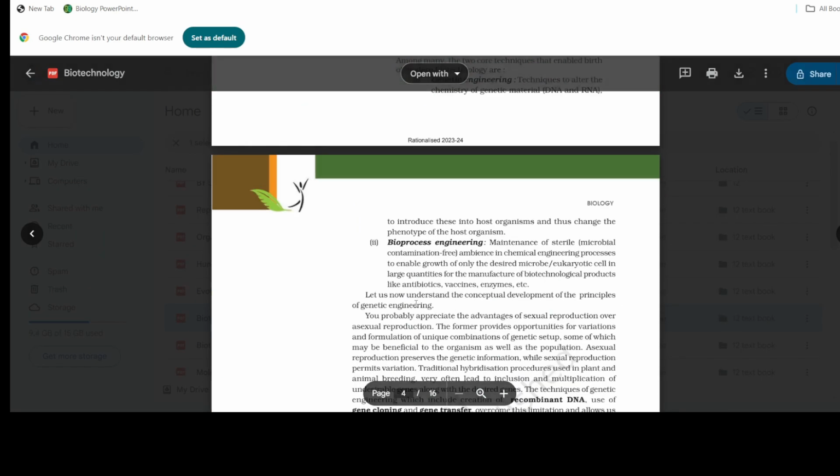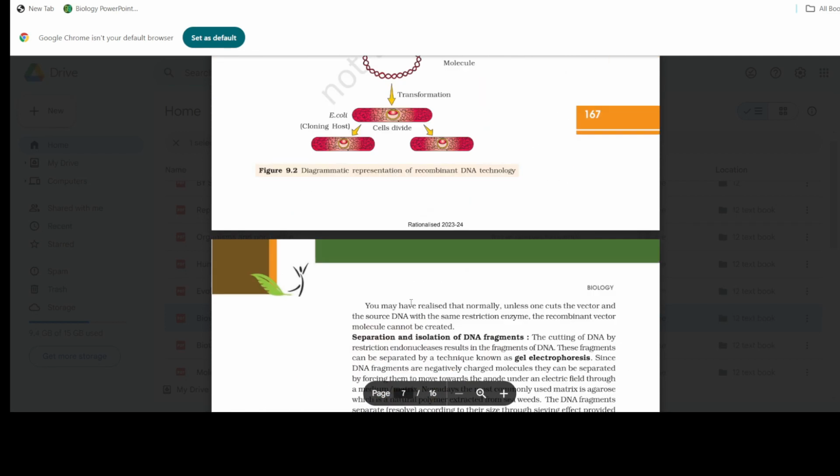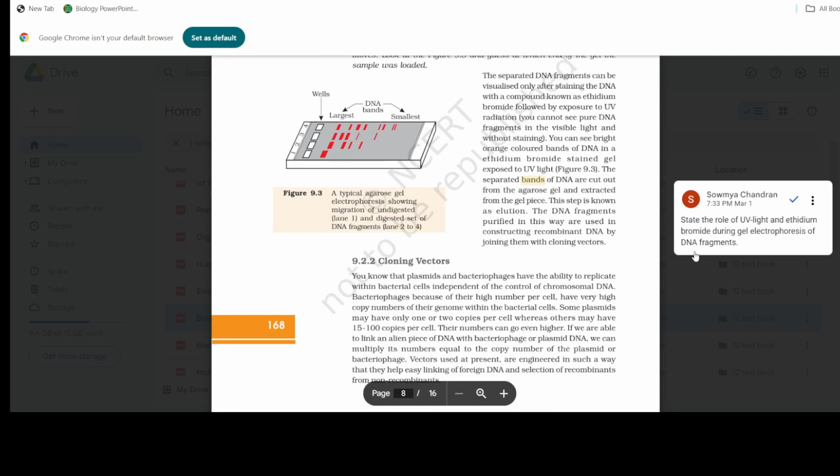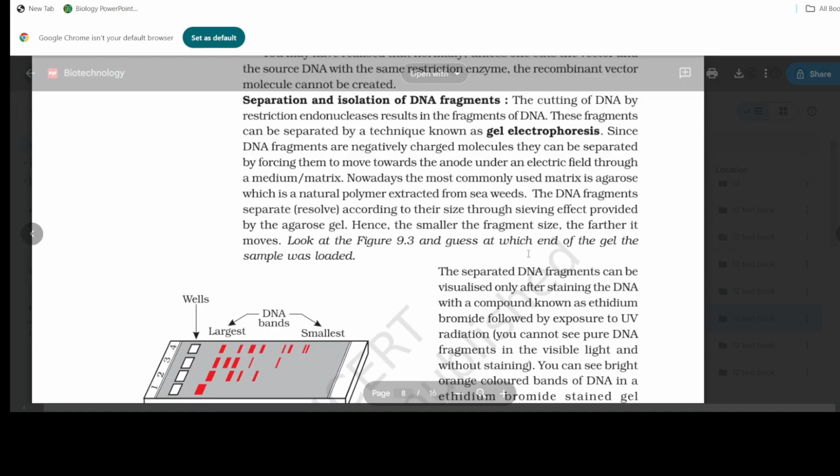Biotechnology, principles and processes. Use of UV rays and ethidium bromide in gel electrophoresis. State the role of UV light and ethidium bromide during gel electrophoresis of DNA fragments. You see here, this part is very important. In this gel electrophoresis, we are able to see the fragments of DNA only if it is mentioned here,